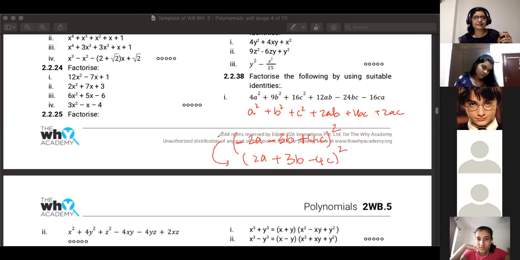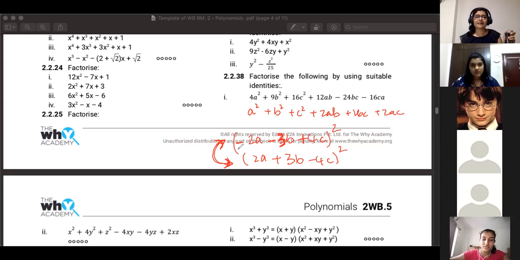Now both of these are equivalent to each other. Can anyone reason why? Can anyone figure out why? Ma'am, because if you add them or subtract them, they make up 0. No, that is not the answer, Sujal. If I add them and they are equal to 0, then they shouldn't be equal, right? Like 2 is not equal to minus 2. So that is not the answer. But you're kind of close to the logic.